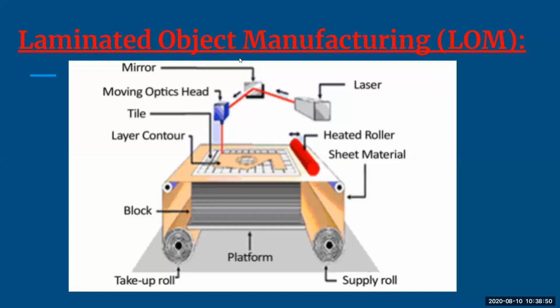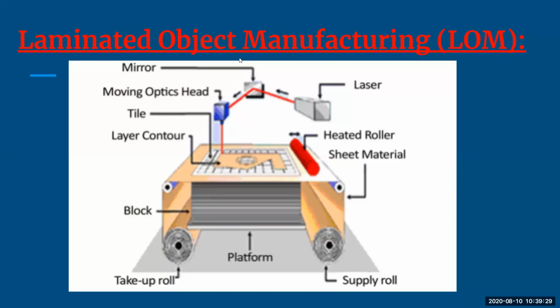Okay, so remember here, the material which is used is plastic, paper, or you can say individual sheets. In this diagram you can see there is a mirror, there is a laser, there is a heated roller, the sheets are inserted, and the platform is just where your sheets are. So here you're going to insert your individual paper sheets along with the plastic. Because you want laminated sheets, there will be paper along with layers of plastic, and these together are going to be laminated with heat and pressure, and you're going to get the output.